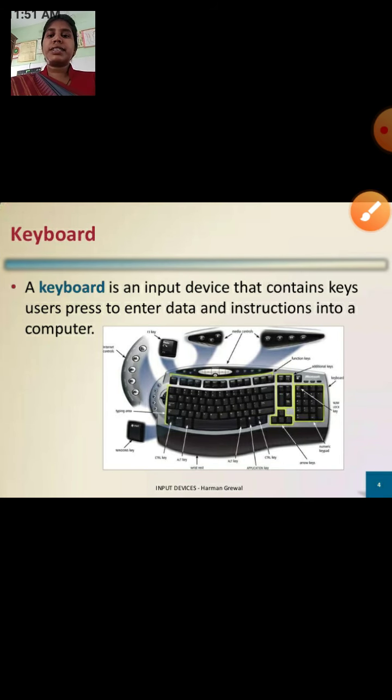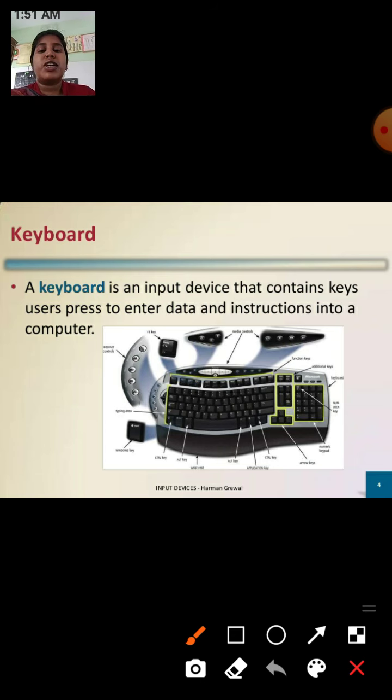Now the first term is keyboard, as we are familiar with in earlier classes, and you also go to your computer lab and see the keyboard. A keyboard is an input device that contains keys the user presses to enter data and instruction to a computer system.